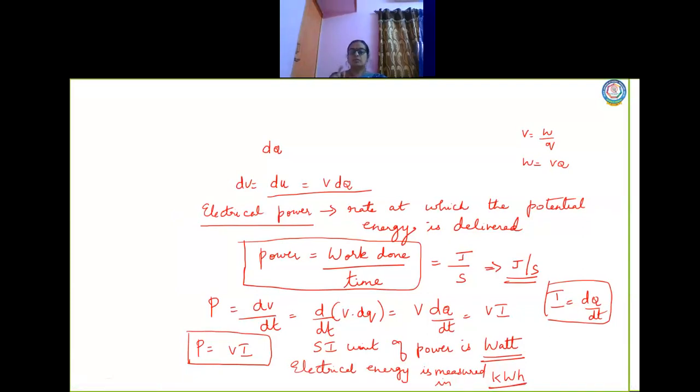Okay, when you go to the meter board, in that meter box there is a small button on the right side. Now when you press that, you will be able to see the unit. This unit you can see there, kilowatt hour. 1 kilowatt hour is nothing but 1 unit. Okay, watt is considered to be a larger unit, so you go for kilowatt hours.